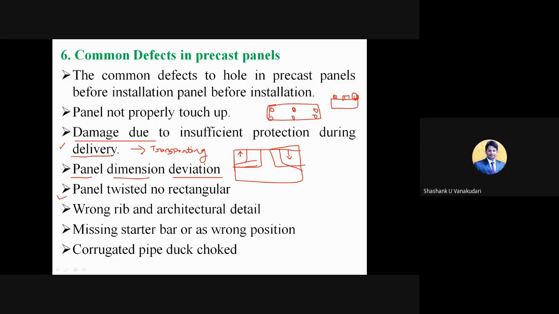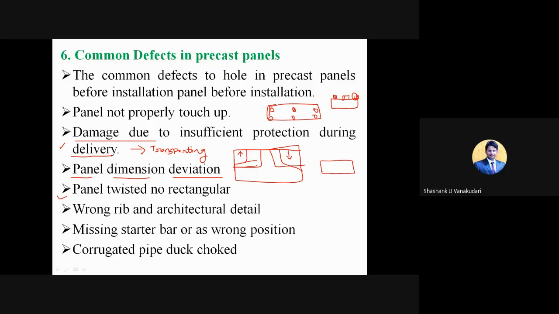And then panel twisted, not rectangular. It's nothing but when that panel has been twisted, it should be exactly rectangular in its position, so that during the erection process and all, it will be much easier. And you can see one more part: a panel may be rectangular only at the front face, correct? Only at the front face it will be rectangular, but when you have twisted it to the other angle, it won't look properly rectangular in its structure. That is also because of poor workmanship, especially in formwork.